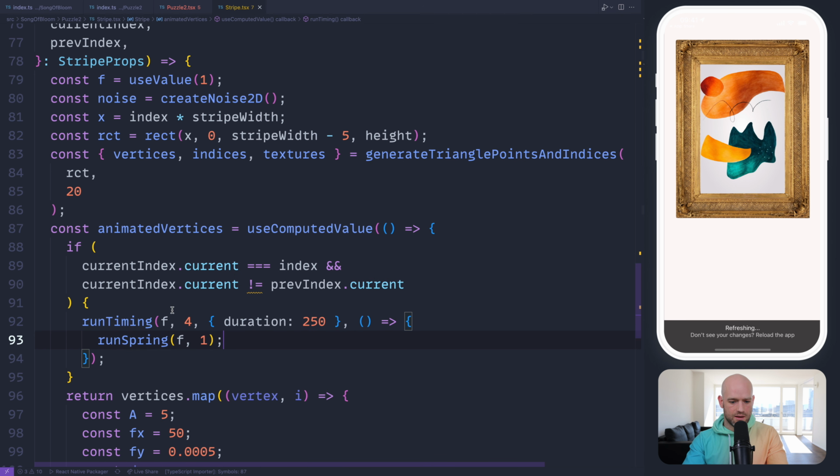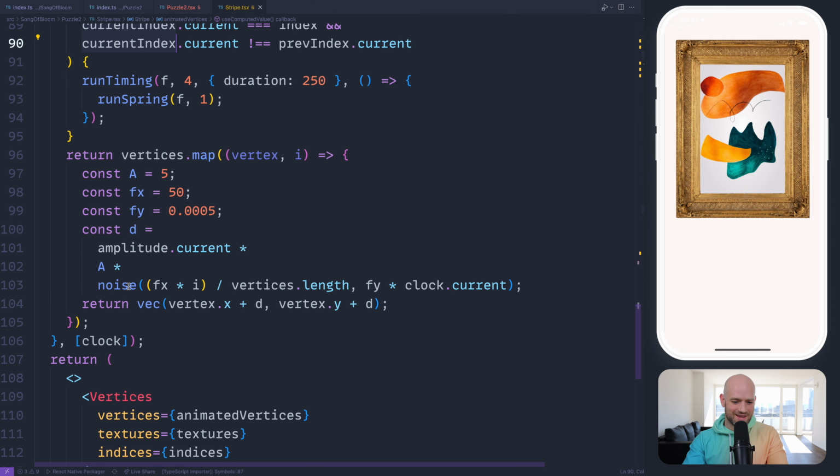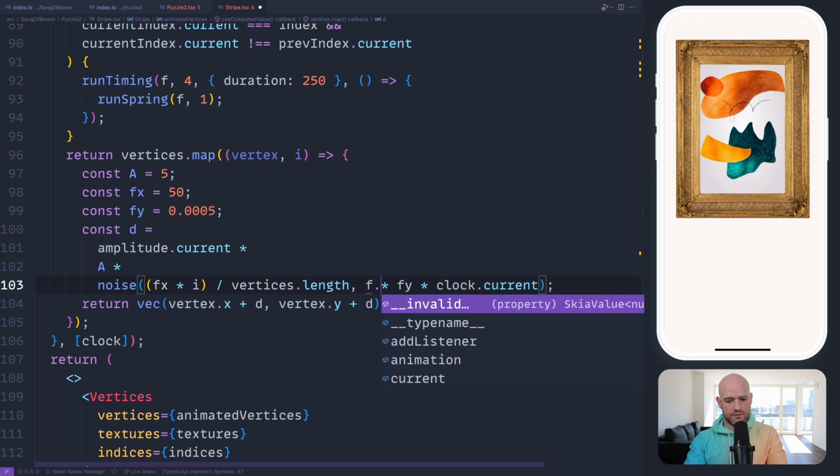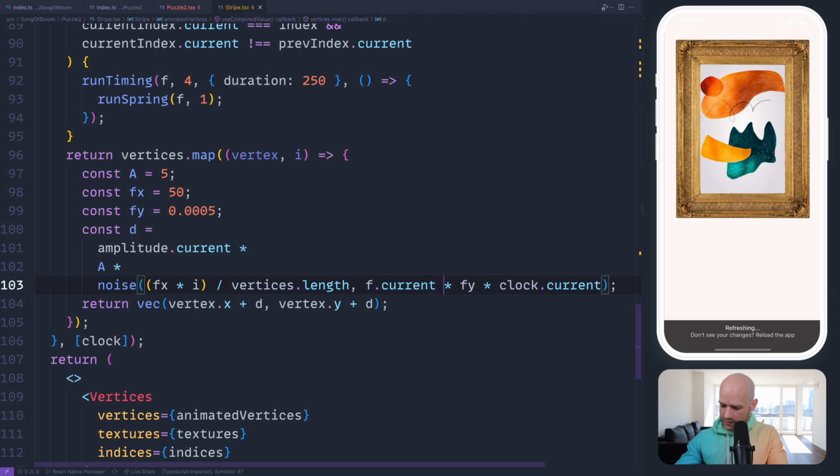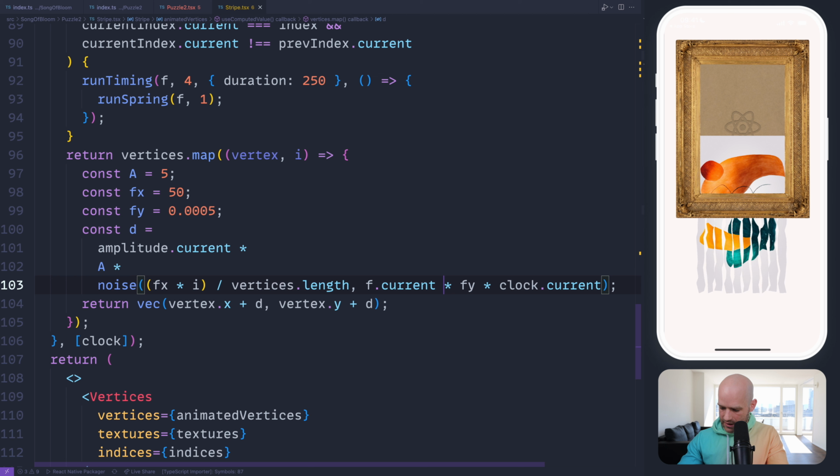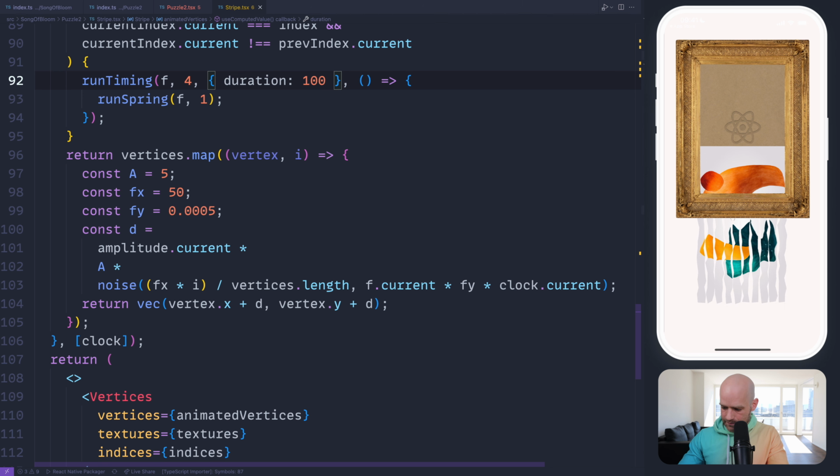Let's see. I think, let's multiply maybe this. So f.current. So let's have a look. Yeah. So 250 is way too long, it looks like. And 4 also is way too big, right? So maybe 2.